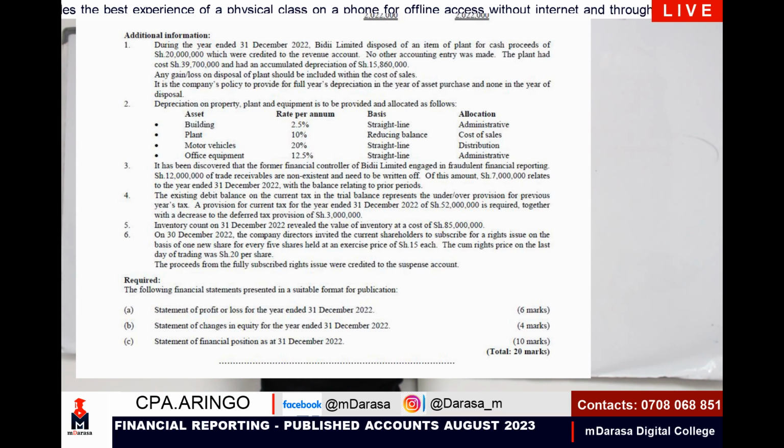So literally, what are we going to concentrate on? First of all, there's going to be an impact which is going to affect all of our receivables. But again, the value that was written off relating to this year is what I'm going to take as part of our cost, which is 7 million. You'll see how we are going to treat that.